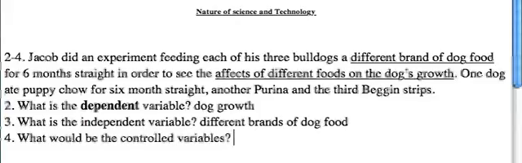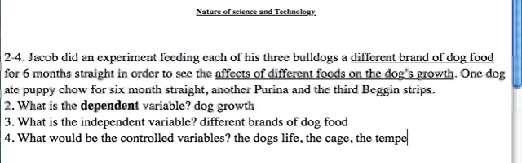Now, controlled variables are all of the rest of the stuff that stays the same. Anything else that stays the same. So we know the one thing that's changing is the different brands of food. What is staying the same? Well, first, we can put anything related to the dog's life. Whether it's the cage that they're in, the temperature of the room,